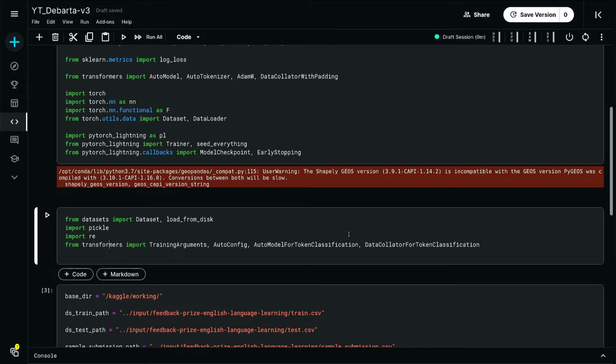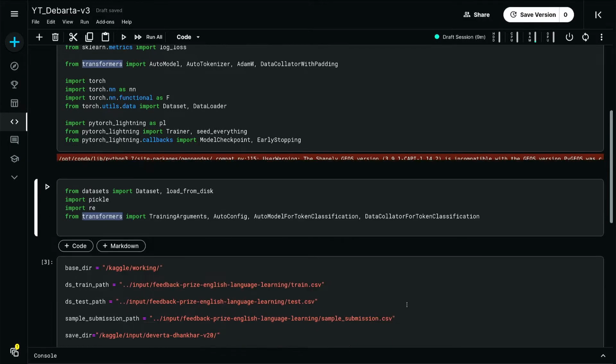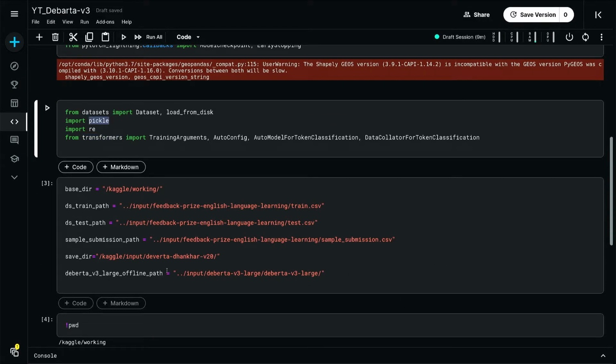And here also I'm importing some more libraries, and in this next cell I'm just defining all the necessary directories. So my base directory is Kaggle working, then the train path, which has the train CSV, the test path, which has the test CSV, and the sample submission path, which has the sample submission.